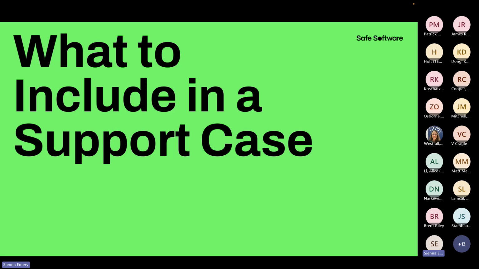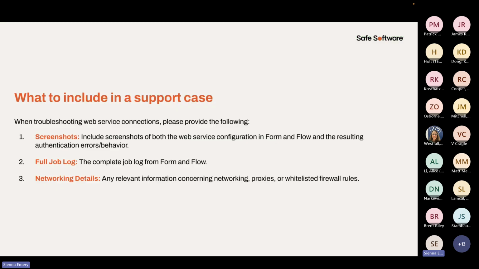Here's what would be good to include to get the support case kicked off on the right foot. Screenshots are really important because that's the first thing I would ask for if I was taking your support case. How is your web service configured in both Form and Flow? And what are the authentication errors you're seeing? Oftentimes it's easiest to do this via video so we can get a good idea of what's actually going on